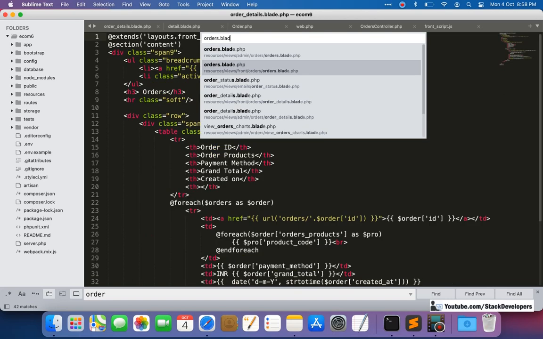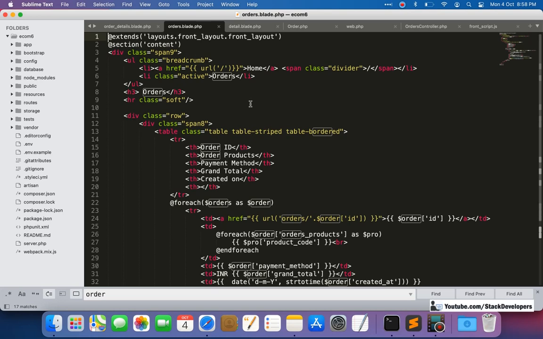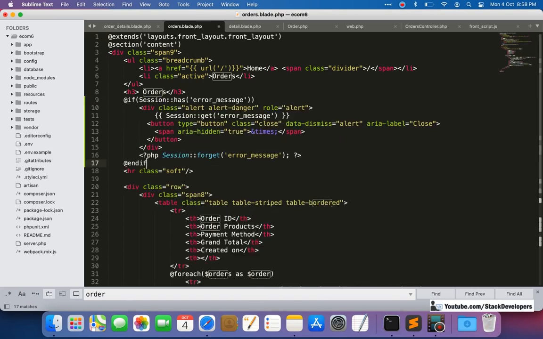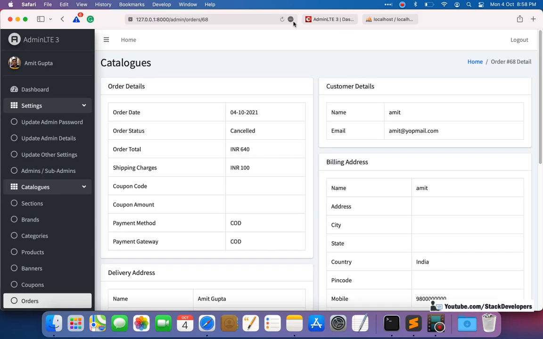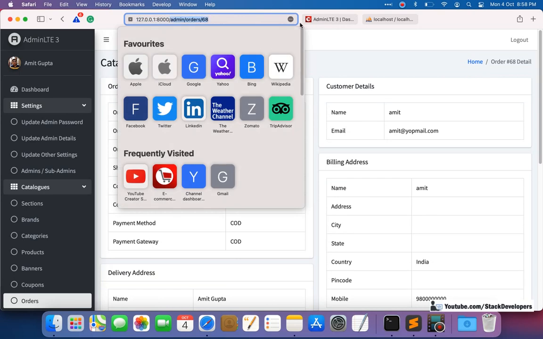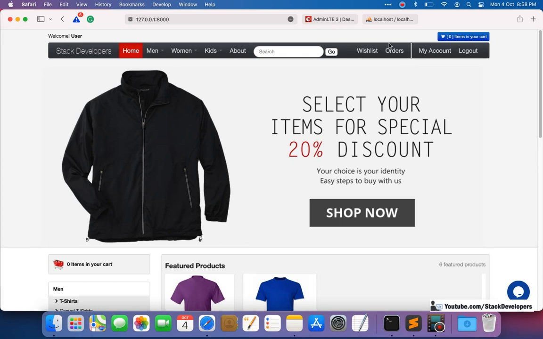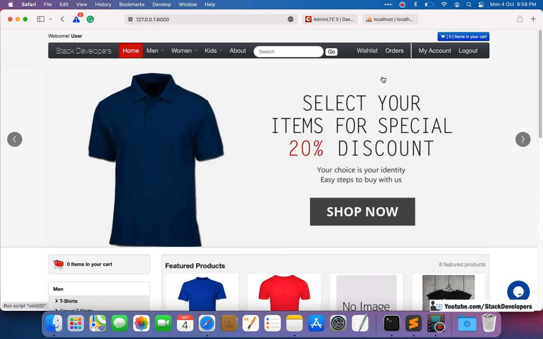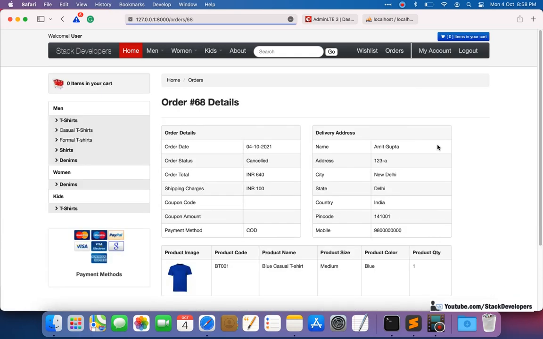We are going to update that orders.blade.php file at the front, and here we are going to update this one somewhere. After this one we can update here like this, and now see, refresh, and order has been cancelled. That message is coming here. So see, we are going to open the front end here. Sorry, yeah. See, message appears both in front and admin. You can see the validation message because we have opened both in the same browser, so that's why it is happening. Otherwise in a real scenario it will not happen.